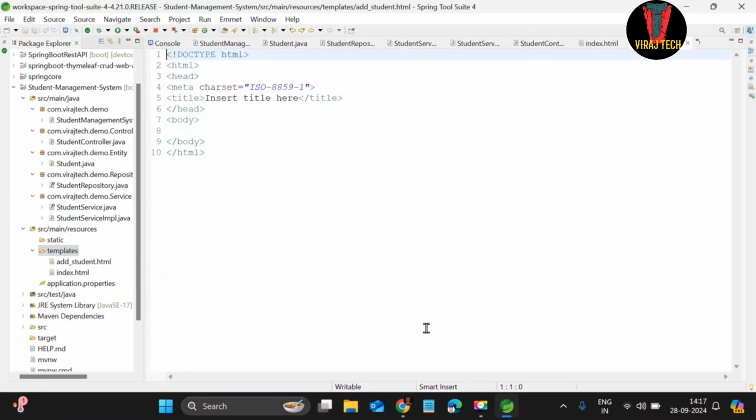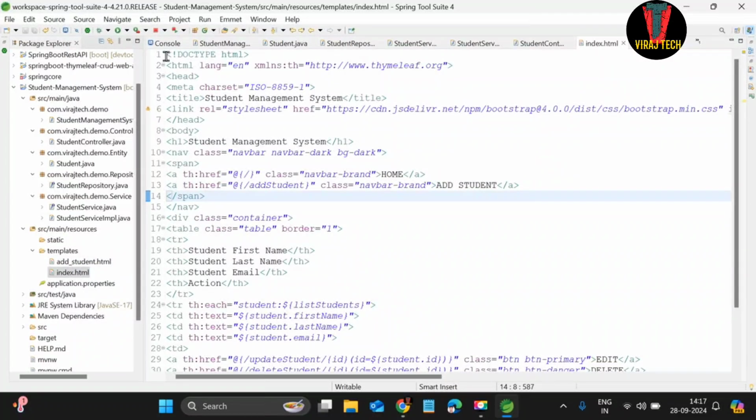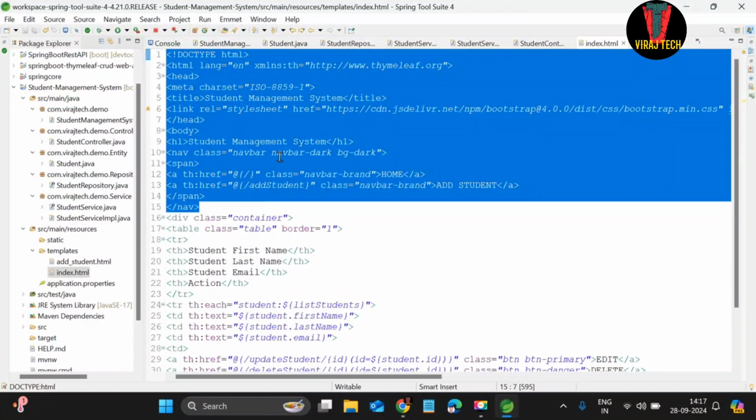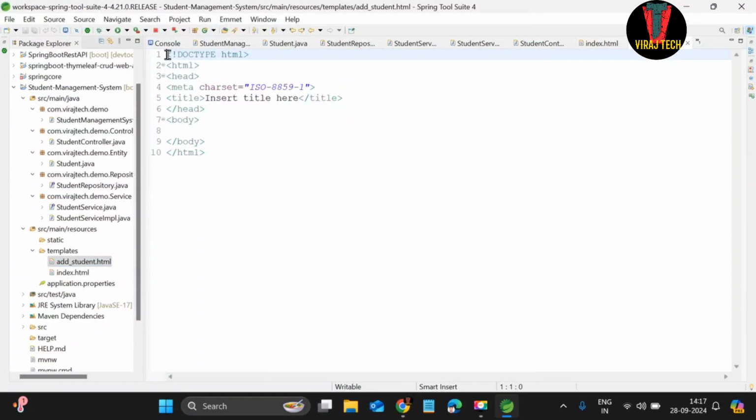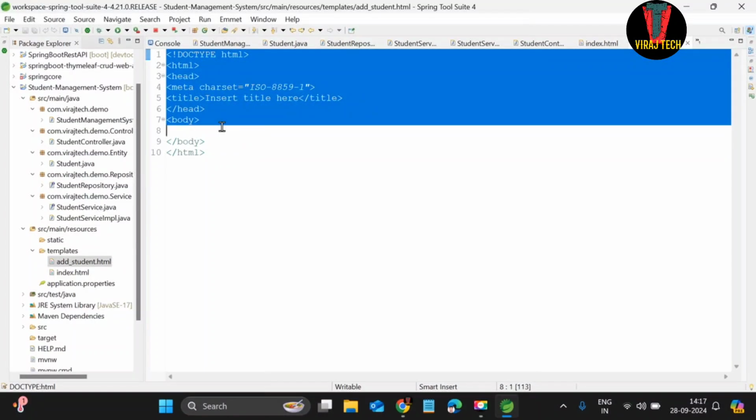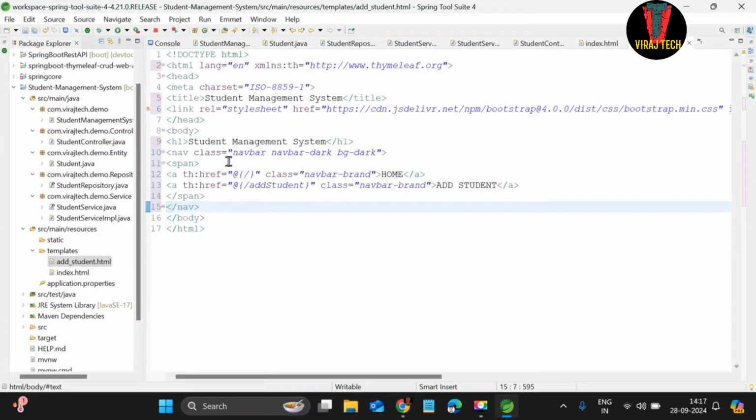Finish, and from index copy from top till navbar, copy and paste it here like till body, and